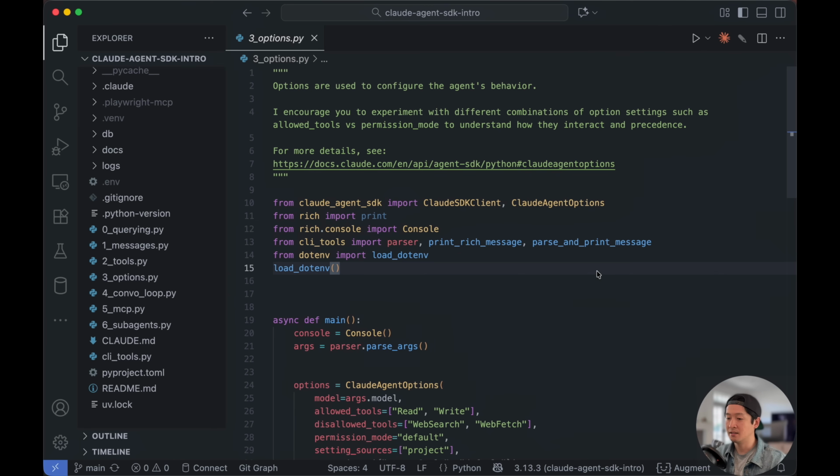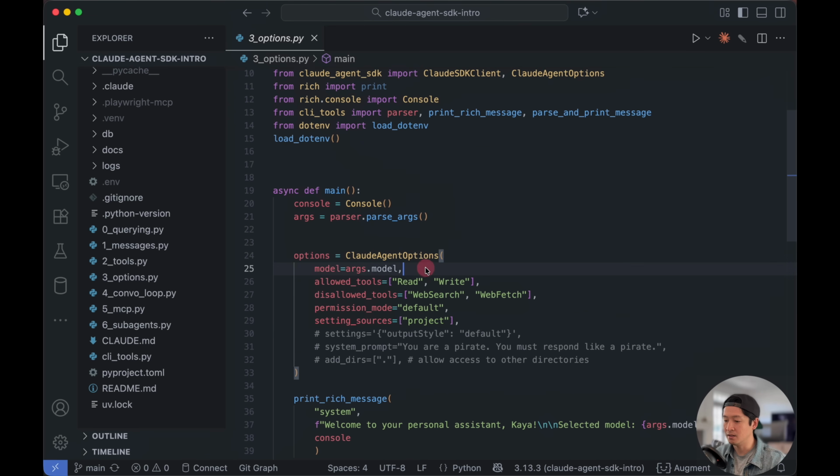So we mentioned that the Claude Agent options is how we configure the agent's behavior, and there's a ton of settings that you can customize here. I encourage you to check out the official docs on the options. I'm going to cover the ones that I think are most important for you. We saw that we can configure the specific model that we want to use for this agent. We also saw that we can allow tools, and we can also specifically block certain tools with the disallowed tools